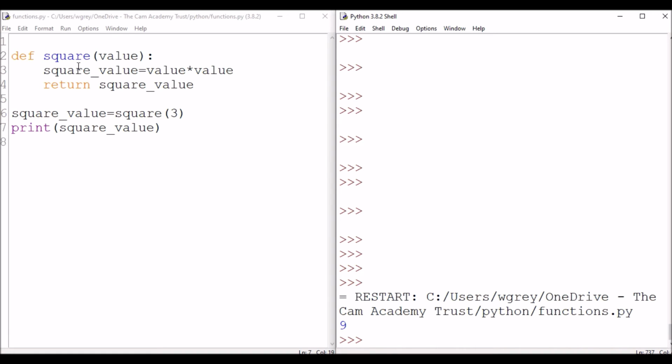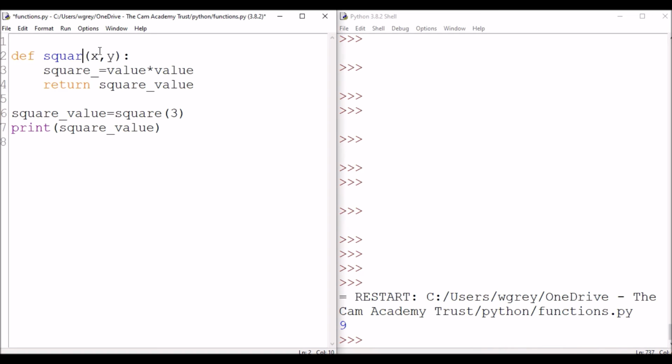Sometimes we might want to have more than one parameter, so we can easily do that as well. We're now going to use Pythagoras to calculate the hypotenuse of a right angled triangle. So the two values that are going to go in are x and y. These are the lengths of our adjacent and opposite sides. And we're going to change the name of it. We're going to call it